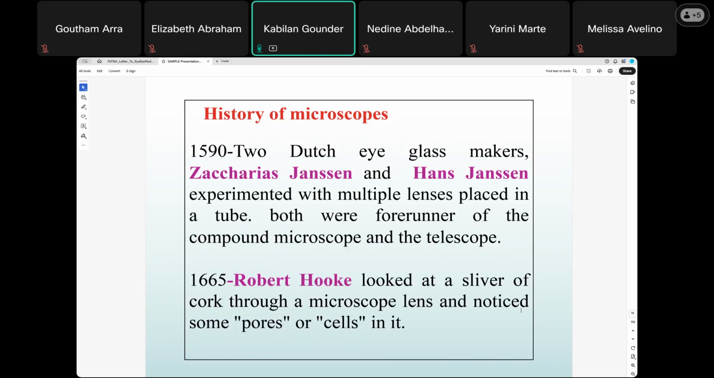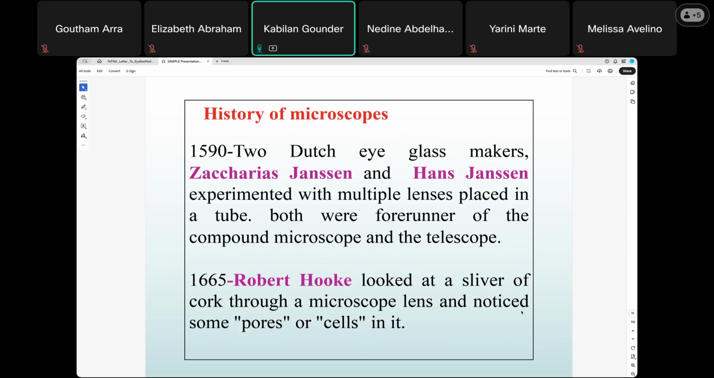Based on that, in 1590, two Dutch eyeglass makers, Janssen and Janssen, experimented with multiple lenses placed in a tube, and both were forerunners of the compound microscope and the telescope. What they did is place multiple glass lenses into a tube, and then they observed. So based on that,